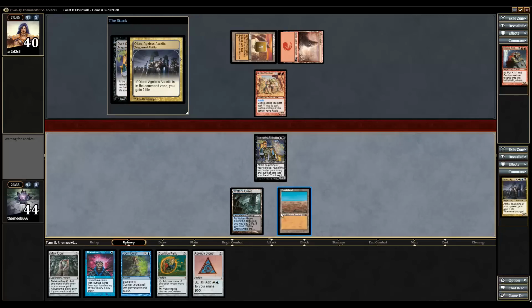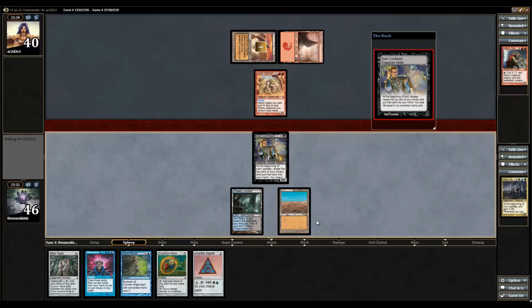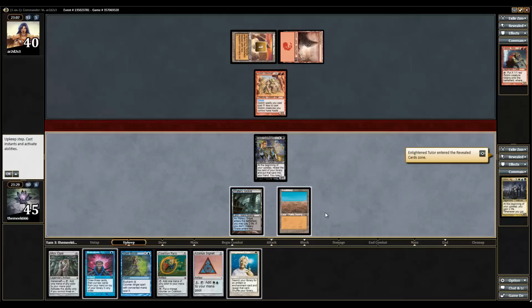So this turn, depending on what we draw, I think we'll have to Brainstorm if we don't hit a land here. Opponent's thinking about something here. Okay, Enlightened Tutor. So, in that case, do we want to Enlightened Tutor for something like a Mana Crypt? Okay, if we get Mana Crypt, you know what? As tempting as it is to get Mana Crypt here,